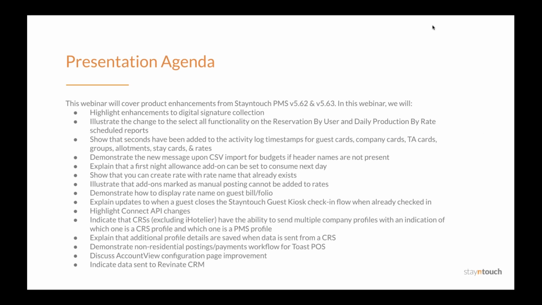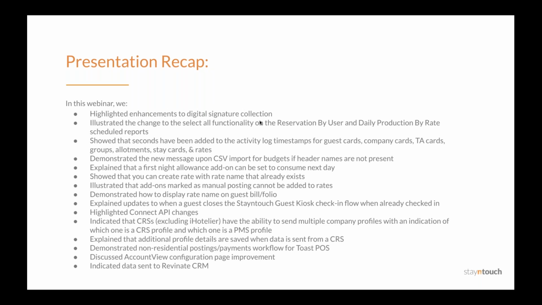All right, since there are no questions, I'd like to take the floor to offer some final thoughts. So today we highlighted enhancements to digital signature collection, illustrated the change to the select all functionality on the reservation by user and daily production by rate scheduled reports, showed that seconds have been added to the activity log timestamps for guest cards, company cards, TA cards, groups, allotments, stay cards, and rates, demonstrated the new message upon CSV import for budgets if header names are not present, explained that a first night allowance add-on can be set to consume next day,